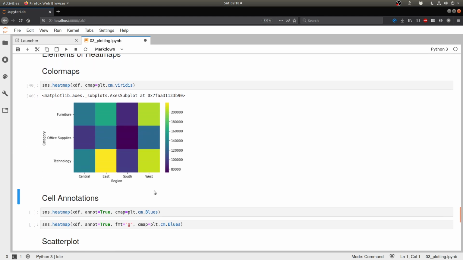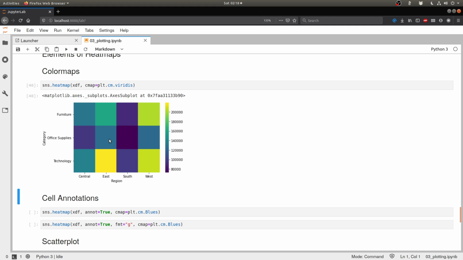And then of course there are cell annotations. Now what I'm doing with this is that I'm looking at the color of a particular cell. Let's say I pick a region, I pick a category, I look at a particular color, and then I look at this scale to see what closely matches that color. Now, if I'm not very careful, I can easily go wrong. For example, I don't know if there is a difference of shade between this color and this color. I have to be very careful while looking at this, and most people in your audience are not going to be that careful.